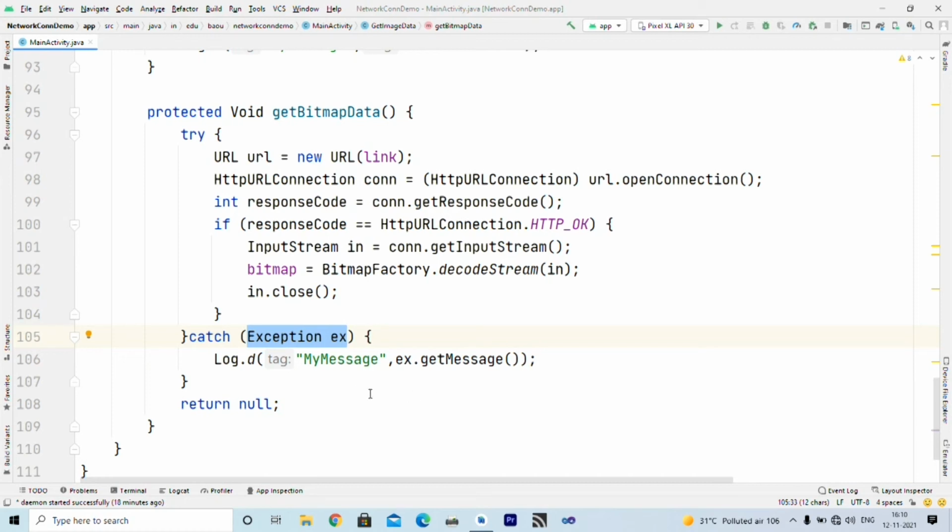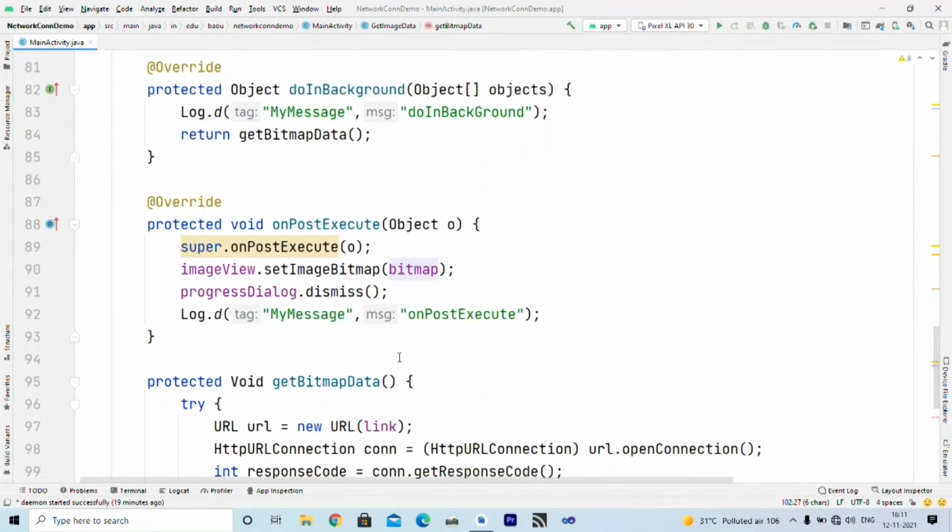So if any exception occurs, we can display it inside this logcat window using the ex.getMessage method of the exception. And finally we return null. So basically after executing get bitmap data, we will get the image represented by that link inside this object.